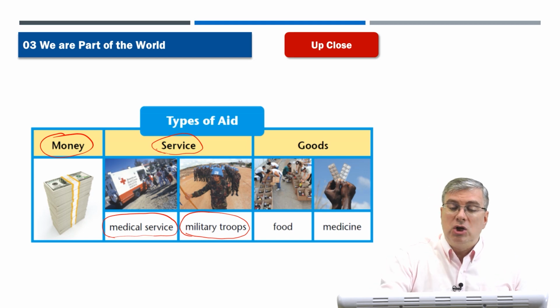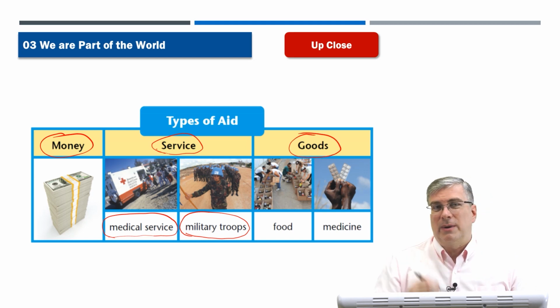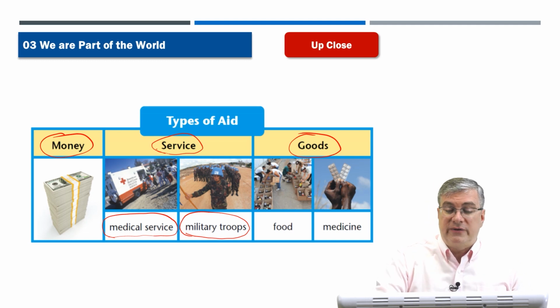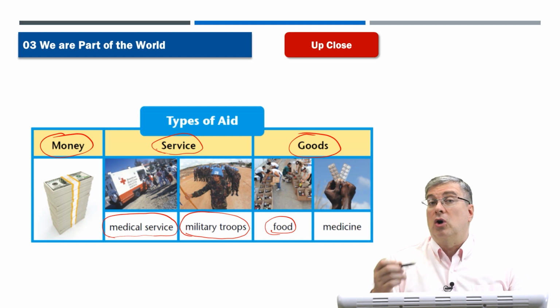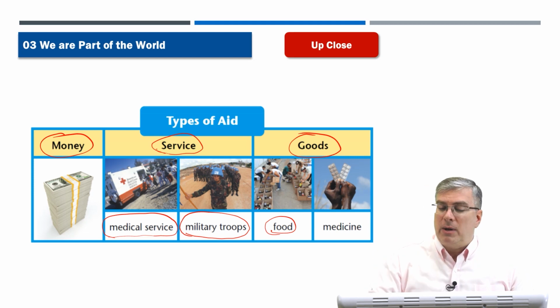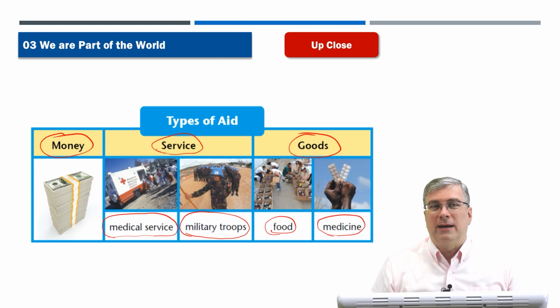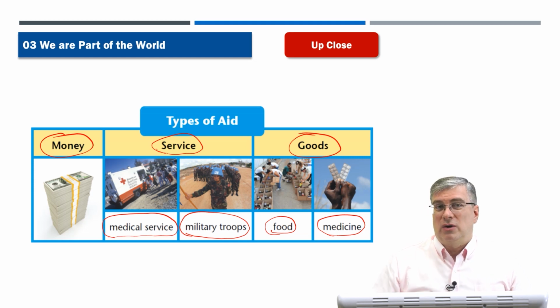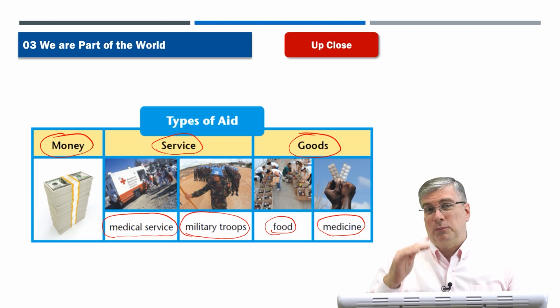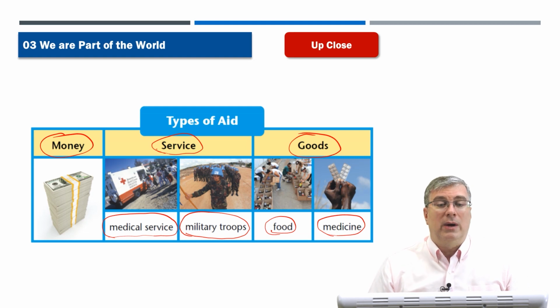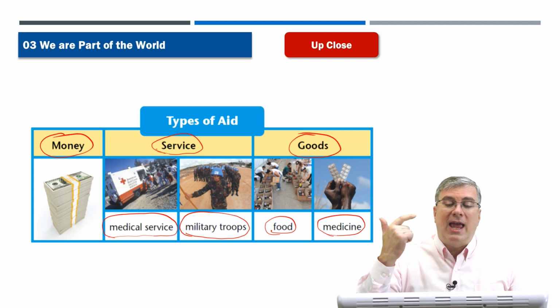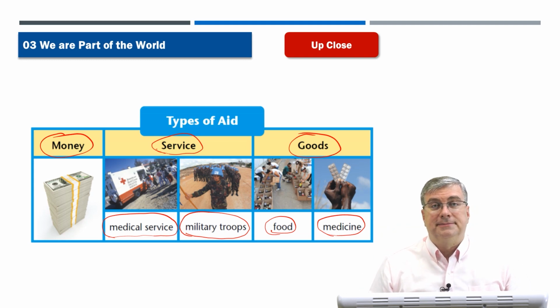You can also send goods as aid, right? We talked about that before. Supplies, right? We usually say supplies. So what are supplies? Of course, food is a type of supply or good that you can send as aid. But medicine is very important because, especially after a disaster or flooding, people might get sick. There might be disease in an area, so you want to make sure that people have enough medicine to prevent disease and keep everyone healthy. So these are all different types of aid: money, services, and goods. Okay.